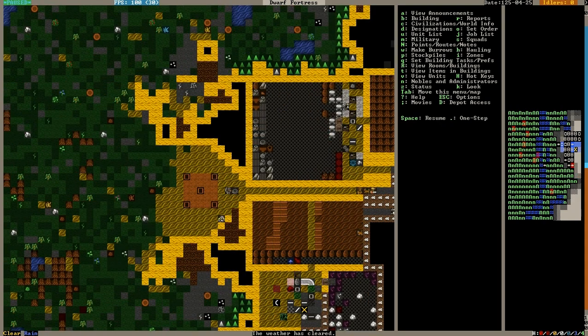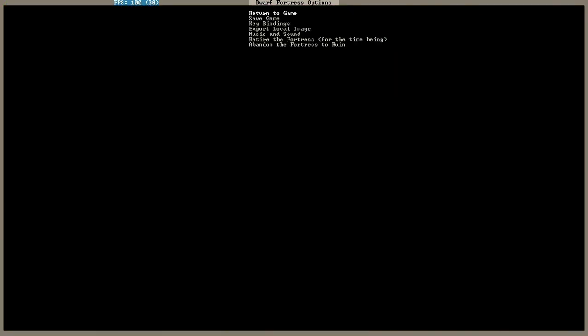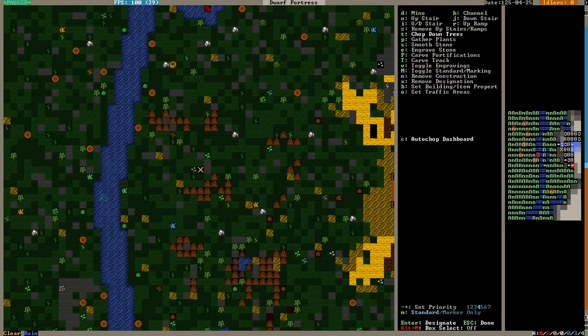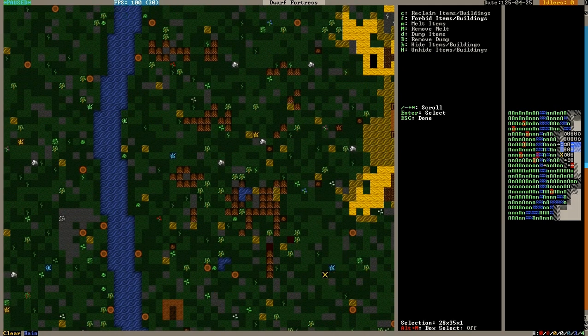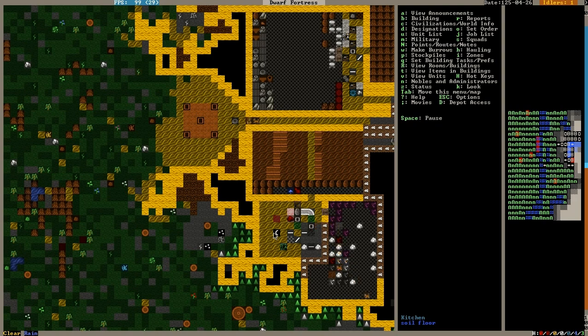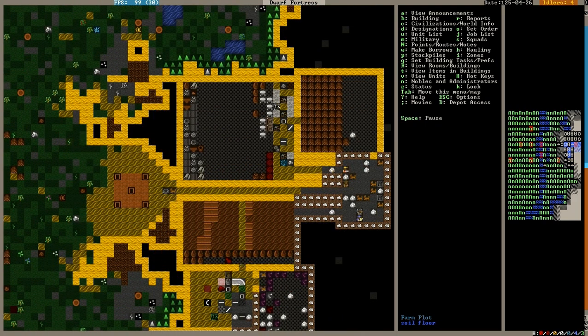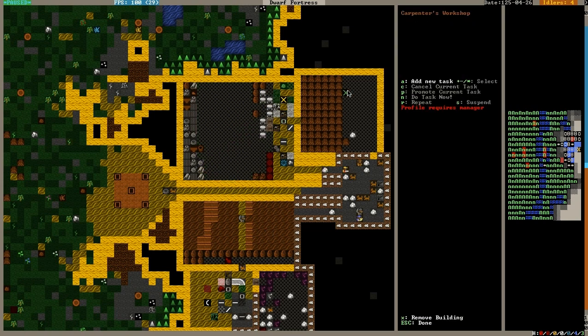Okay, you know what? That's enough lumber for now, so we are going to set building properties, and we're going to forbid all of the items that we have here. It means the dwarves are not going to haul these items that they're forbidden to interact with. And that means that our guys are finally going to focus on something else. For now, this is enough. So what are we going to do right now is we need to make...